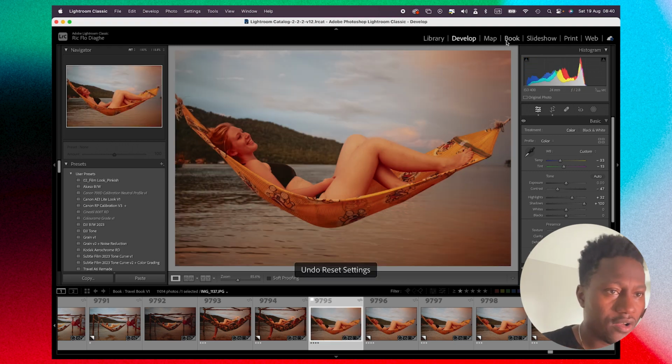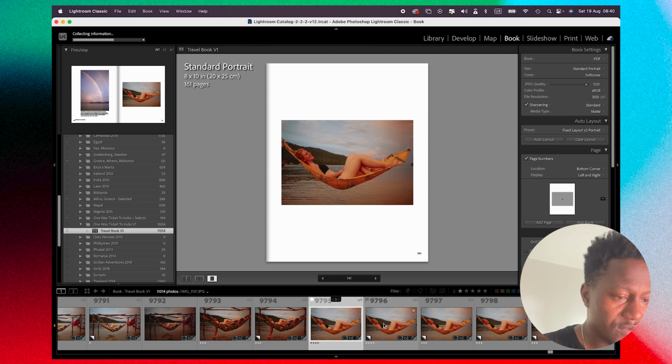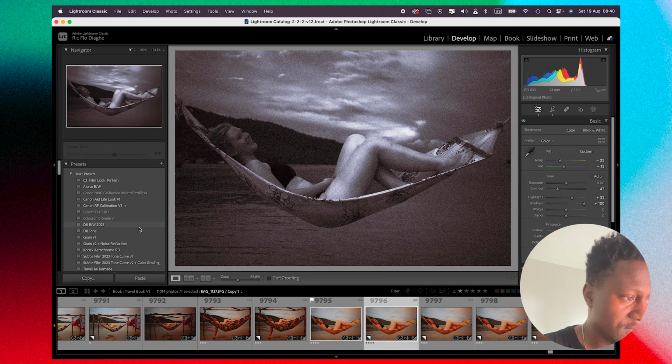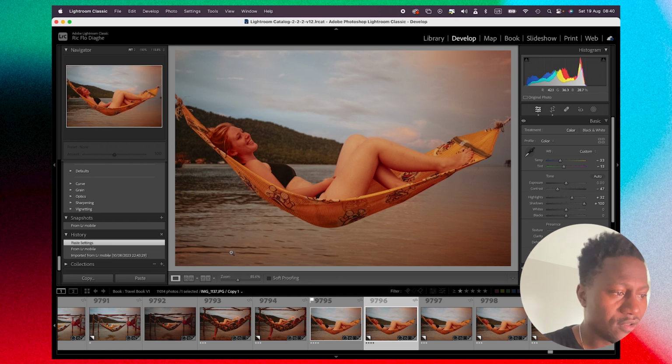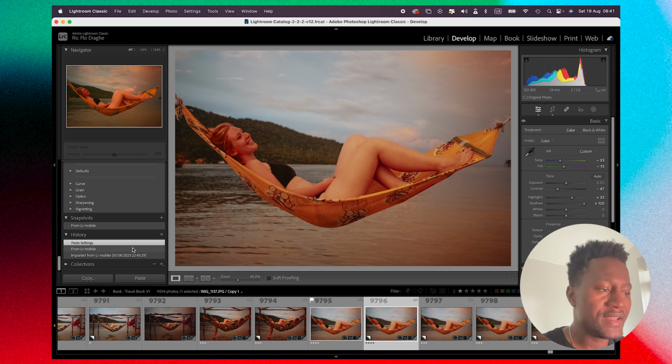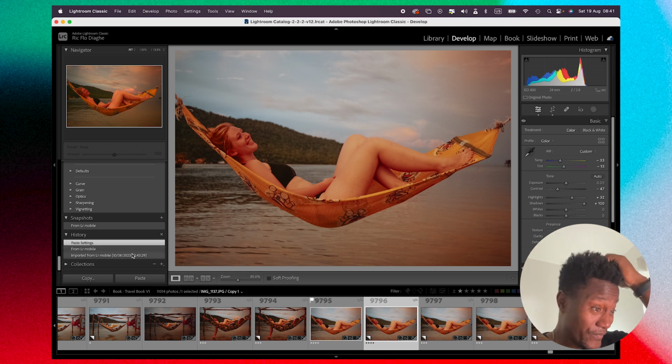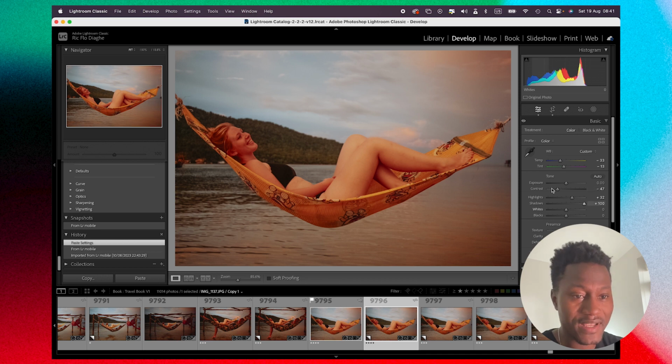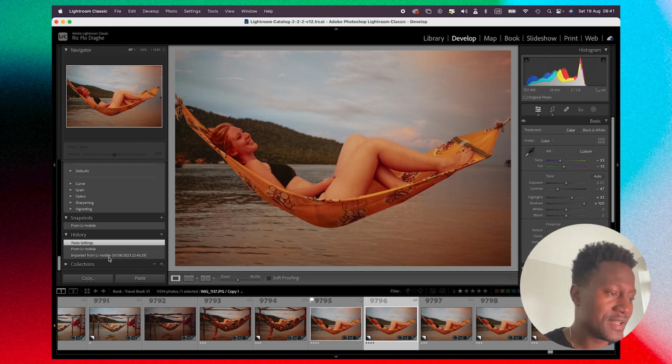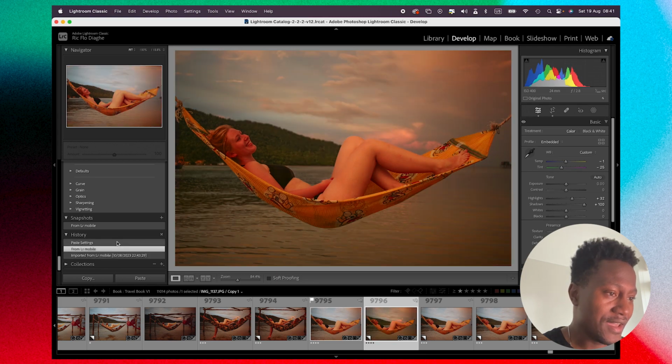Not as good. But if we go to book, if we go to the smart preview that I've done, or the virtual copy, then you can see what I've done. So basically, as I said, I lost all my edits. But as you can see in the history, this smart preview, this virtual copy, was imported from Lightroom Mobile. Luckily, because I synced my library to Lightroom Mobile, it made a copy of the file which has got all of my settings, my contrast, blah blah blah. You can see all my settings there. So I just imported that again,